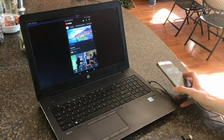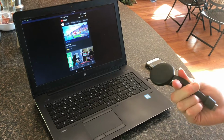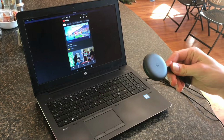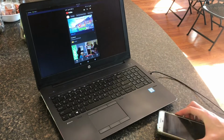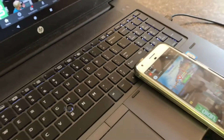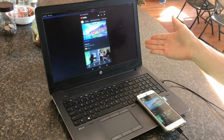Of course I have mobile data, so I might want to be watching something on a bigger screen, but it turns out that the Chromecast will only work if it absolutely always is connected to internet with Wi-Fi, which is not always available. So I had to look for another solution, and after lots of digging, I finally found a solution. The solution that I finally found, I was able to get working because I have a Linux computer,